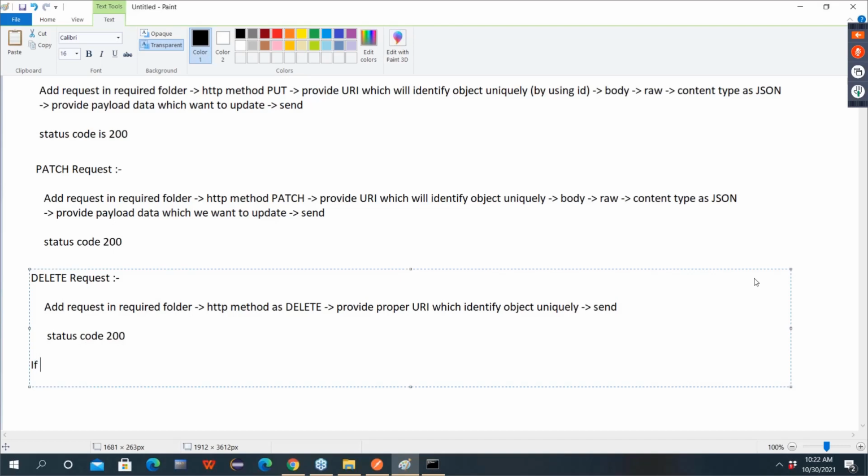And now guys, you have to understand this note. See, the note is: for put, patch, delete operations, if we didn't identify the object uniquely, then we will get 404 as status code.